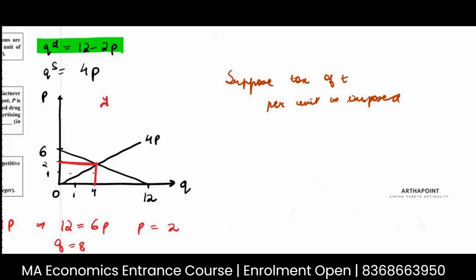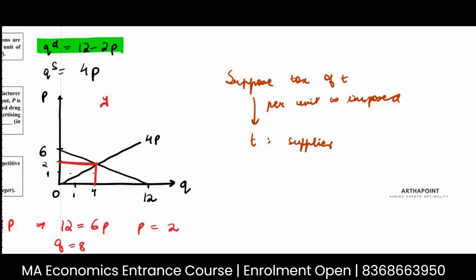Whenever a tax is imposed, it will reduce the supply if it is imposed on suppliers and reduce the demand if it is imposed on consumers. We can impose it on anyone. It does not matter, right? The tax incidence is different. So when I charge a tax from the consumer, we have done this in one of the classes, it gets distributed between consumer and producer. So here also, when I put a tax on, let's say, the supplier,